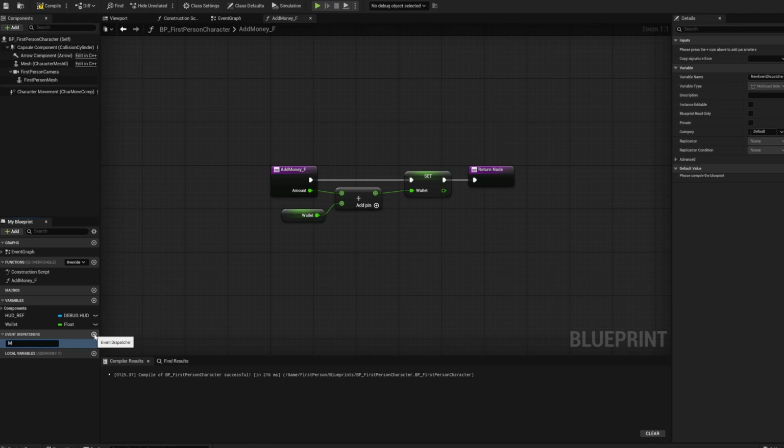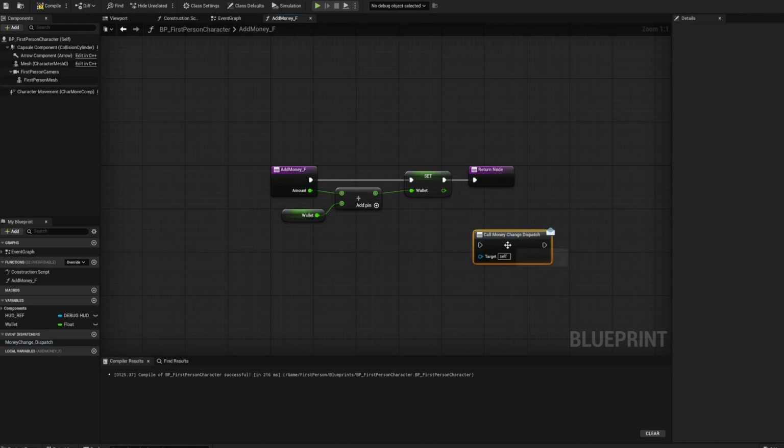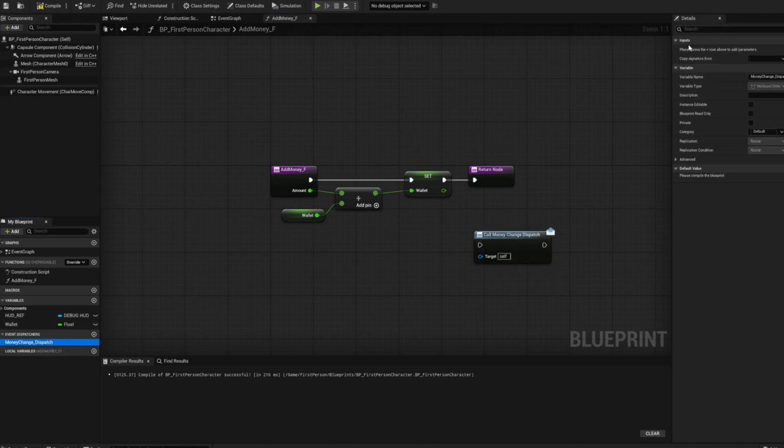So I'm going to have it be named money change, and again, I call it _dispatch just so that I know. We don't have any values. Oh no, we actually could add in a value here. Off the top of my head, I realized that you can. I didn't know this before because not a lot of event dispatch videos go over this, but if you call this here, you can actually have an input. So you see we have an input here. It's in a different location. This is why it took me forever to realize that you could do this. It's in a different location because there's no variables down here. Oh, maybe there is. Maybe it's completely new and maybe I'm a silly goose. That's definitely true, but let's just do new